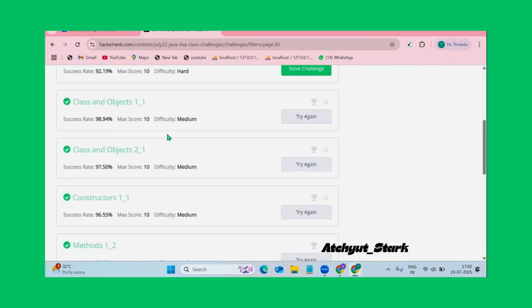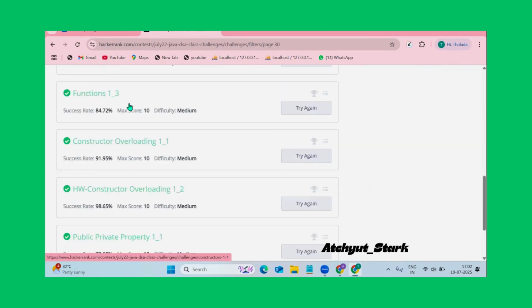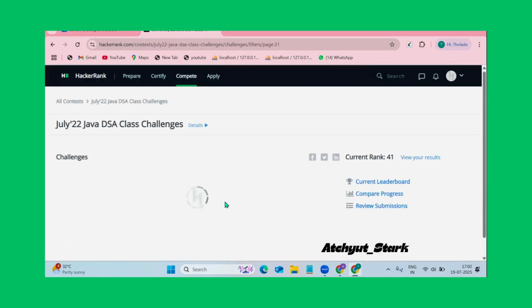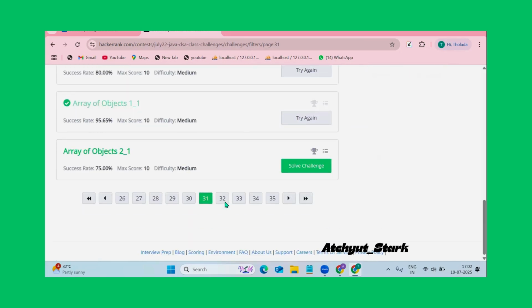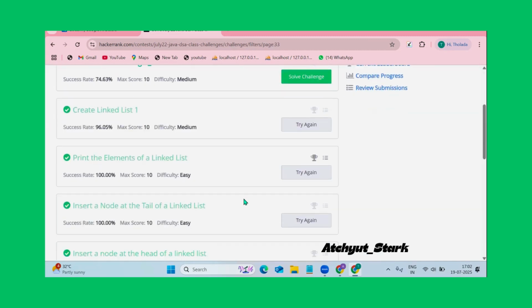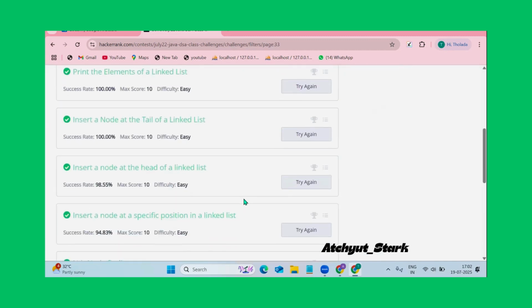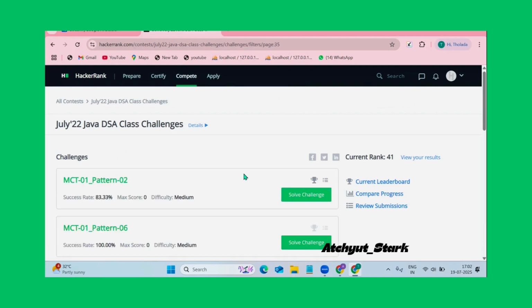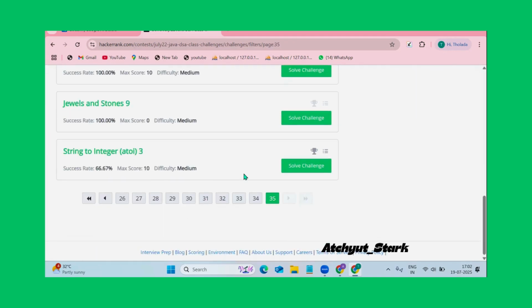Right. So these are the object-oriented programming concepts, OOPS concepts. So all these questions will also be there, and these questions also will be explained in this course, right? And it has the linked list concepts also, and how a node is inserted at the head and at the tail. So all these questions will be explained, right? So this is the core Java, right? So all these questions will be explained,